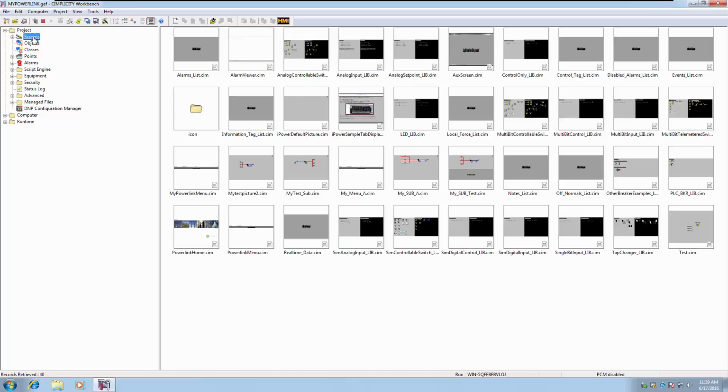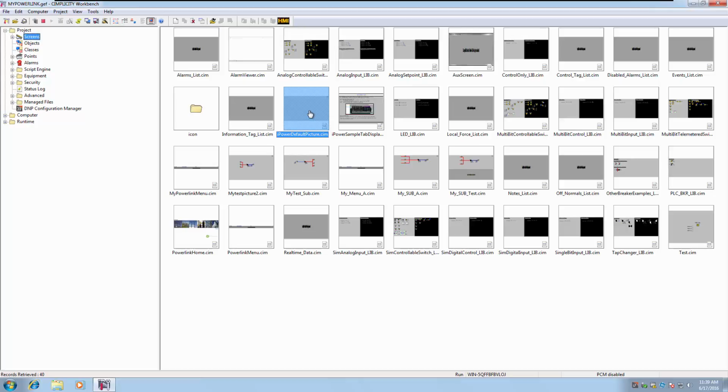So what I'm going to do now is create a new blank screen using a template that we already have in our PowerLink Connect project, which is the iPowerDefaultPicture.sim. We could start a new screen from scratch, but for this tutorial it's useful to utilize the iPowerDefaultPicture because it's already pre-configured with everything that you might typically need for a PowerLink screen. For example, using this template, you can use this not just for substation diagrams but also to create a list